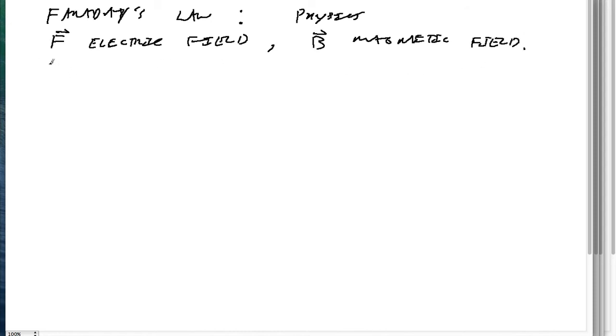Okay, so these two fields are related through what we call Faraday's law, which is stated such that the partial of B over time, so now our electric fields and our magnetic fields could be functions of time, is equal to the negative curl